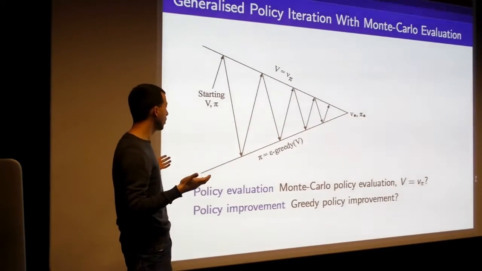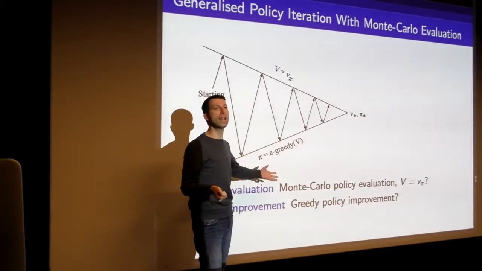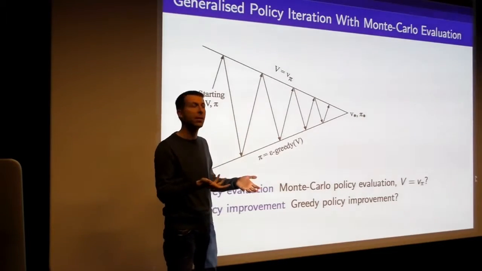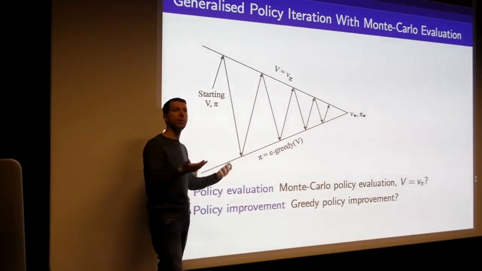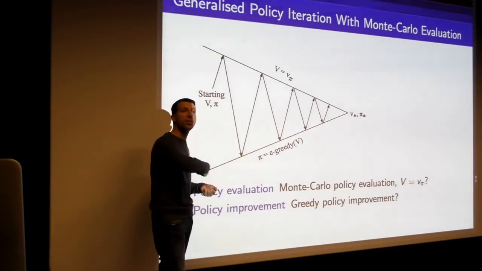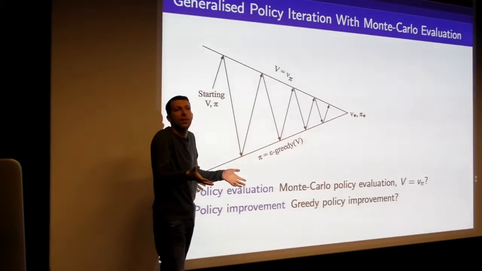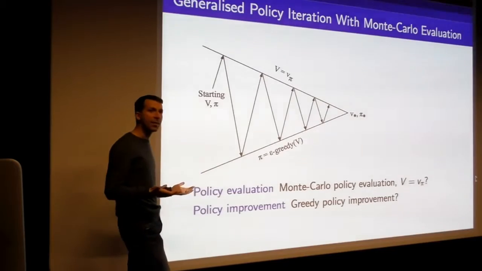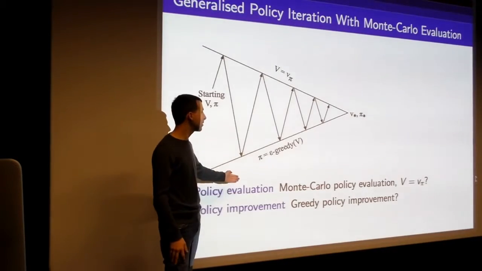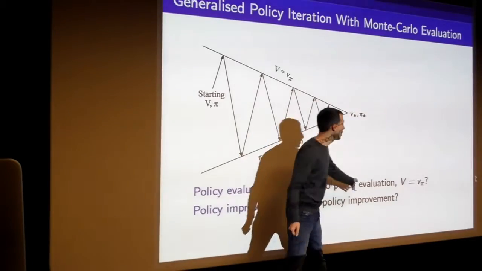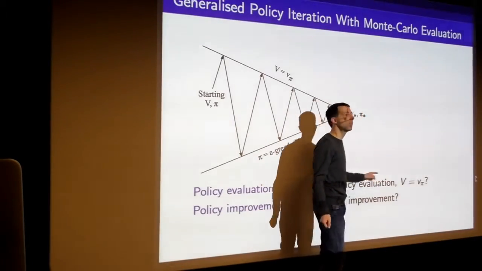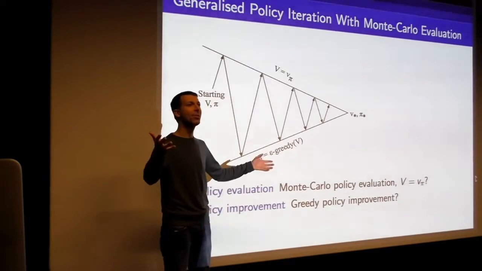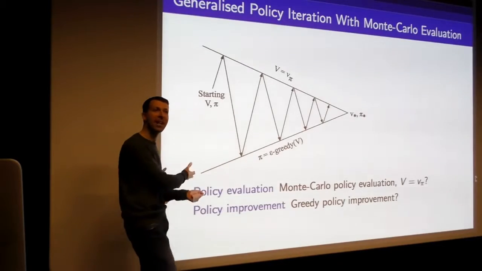Now, if we're doing Monte Carlo control, is it possible to just slip that in? Can we just swap in Monte Carlo policy evaluation instead of dynamic programming as a way to evaluate the policy? Remember, Monte Carlo evaluation is just that you execute some trajectories and take the mean, and that's the value of your value function. So what about doing that as our process for estimating the value of the policy? What would happen if we just ran some trajectories, used those trajectories to estimate V, and then applied greedy policy improvement? Would that work? Any thoughts? Any problems with this idea? Do people understand what the suggestion is?